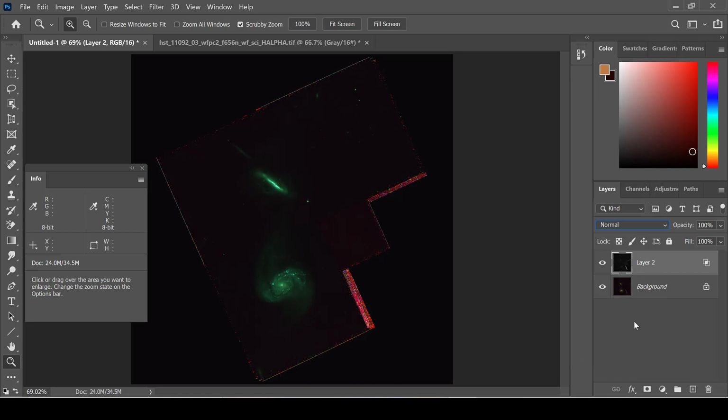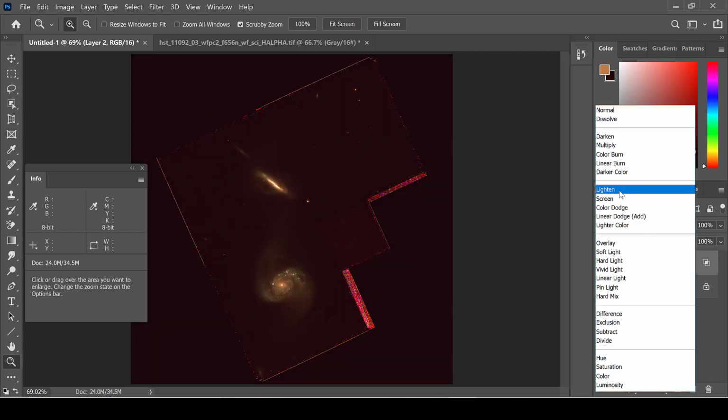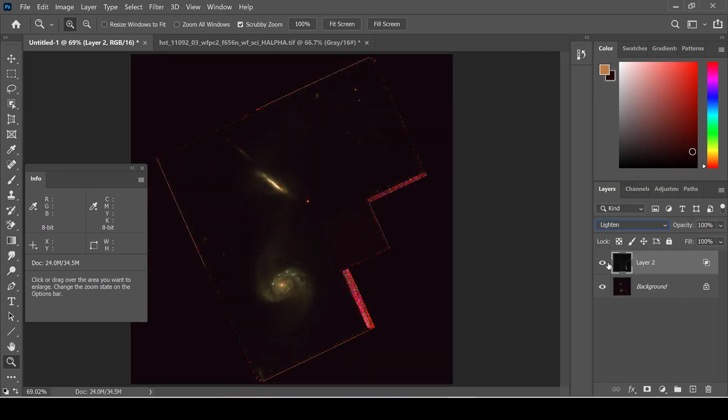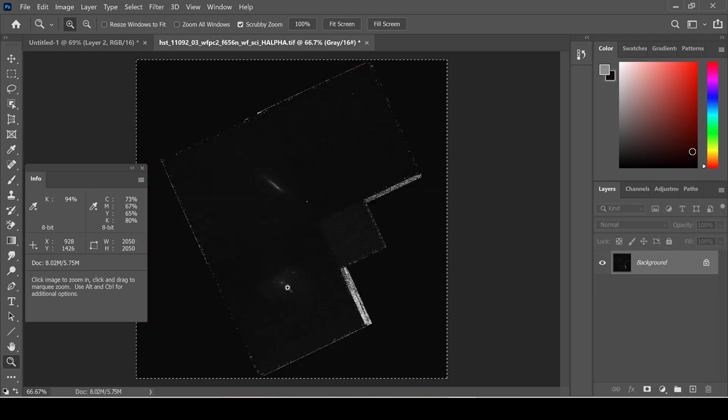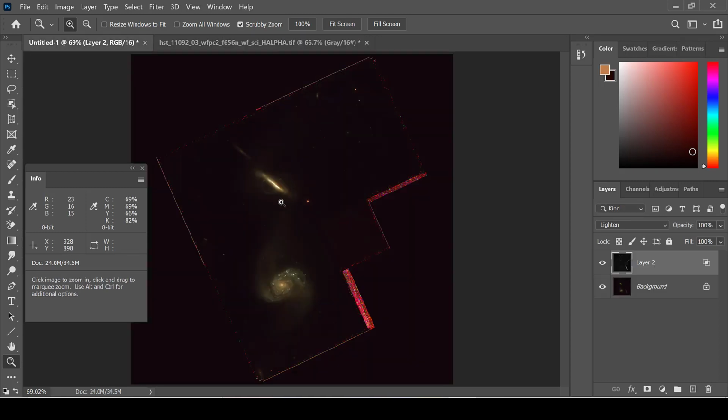Although Photoshop has automatically combined it as a luminosity layer, I prefer to change the blending mode from normal to lighten. The image barely shows the hydrogen alpha that was added. Mostly the red is seen on the edges of the image here because it is so faint in this hydrogen alpha image. There's not going to be a lot of change or a lot of red added to these galaxies